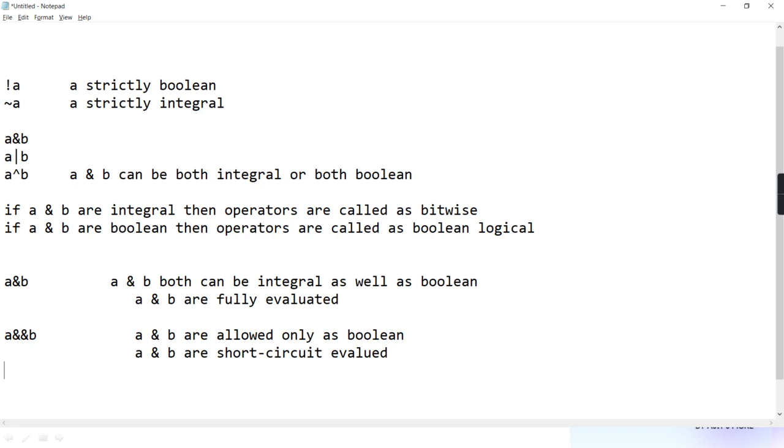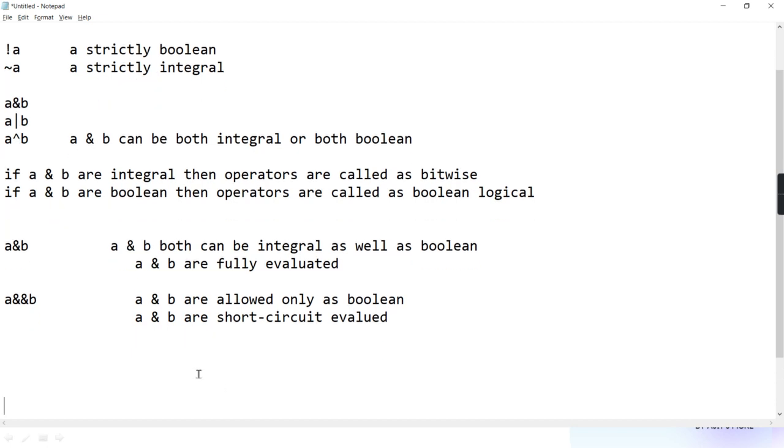Meaning what? I'll make it clear. In case of single AND, it is fully evaluated. Irrespective of whether A is true or false, it is going to fully evaluate. See here, guys, if I have written 5 less than 2, single AND 10 greater than 2, getting?